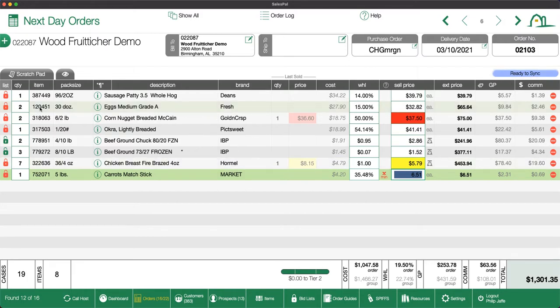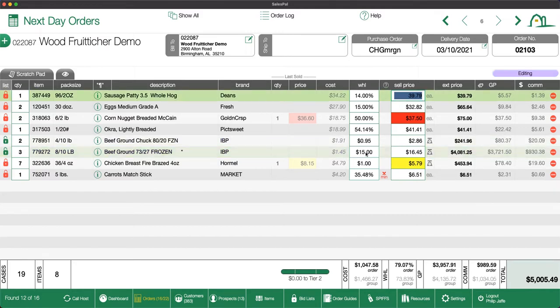But I just want to point out that if you make any change to an order that is marked ready to sync, let's say I make this 15 cents. I'm sorry, I typed in $15, but okay, same difference. You notice that any change from ready to sync will also put your order back into editing status, which means that if I try to call host now, this order will not be sent up. It's going to be in sort of that limbo state until you're actually ready to make it go,